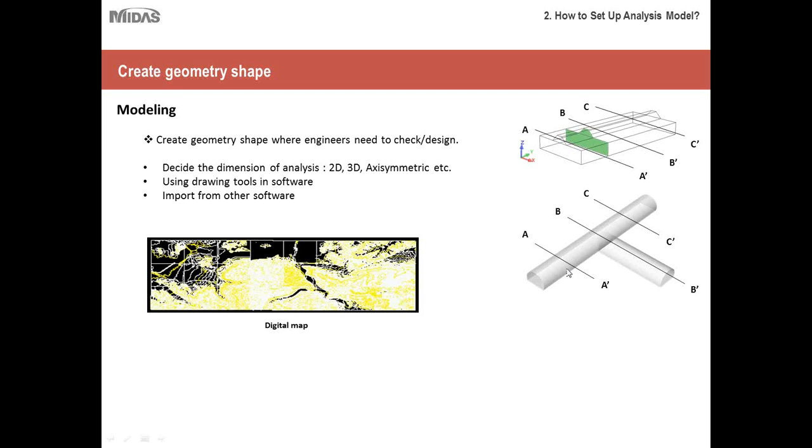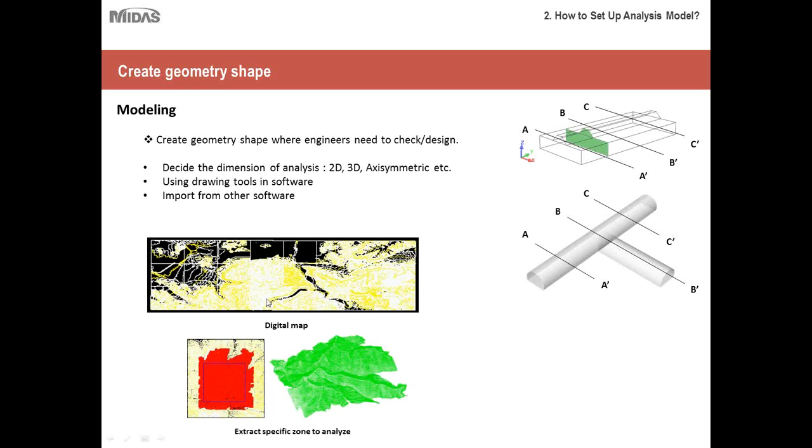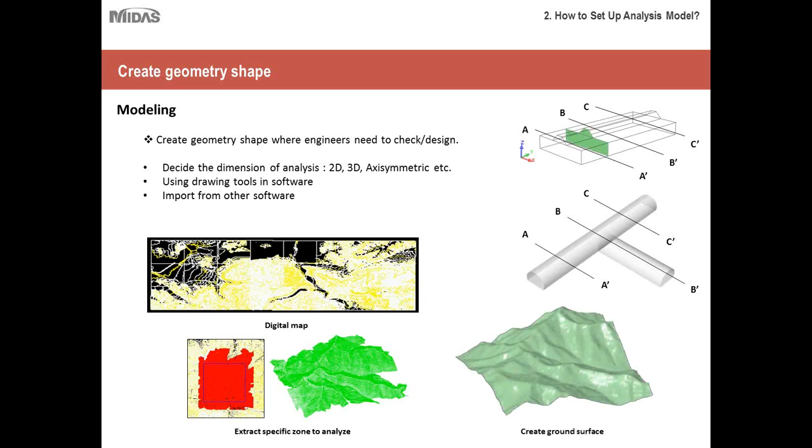So consider this example. There is a digital map which is available from different GIS software. What engineers can do, based on the area of interest, is select a portion and extract that information into another software from where you can generate the geometric data easily. So if you have these types of advanced tools, your modeling becomes much easier, and since there are fewer software involved,